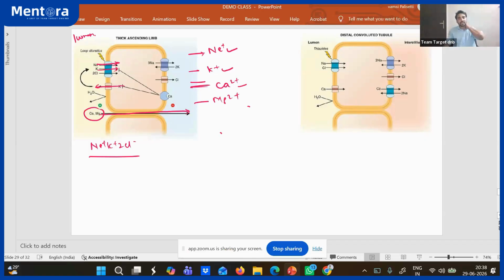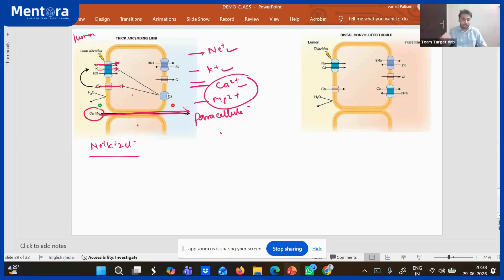Accepted here, accepted. So sodium is absorbed, potassium is absorbed, but this potassium is again leaking through the leaky channels, and because of that some electrical potential is created. With that potential, your calcium and magnesium are absorbed into the interstitium. So sodium absorbed, potassium absorbed, calcium absorbed, magnesium absorbed. Important question: this calcium and magnesium are absorbed through the thick ascending limb through the paracellular route. Very important question. Paracellular route. They're not coming through any channels. They're coming paracellularly, between the cells.